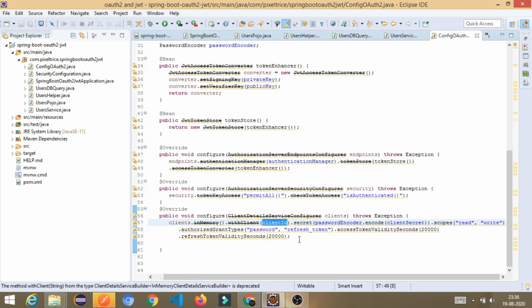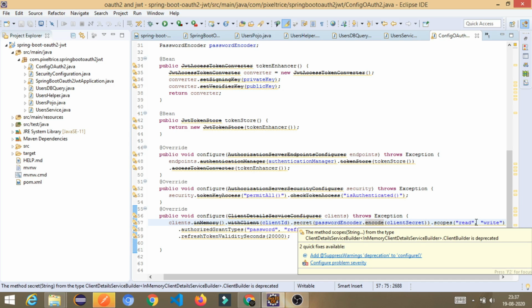All right, and I'm setting the secret key, the client secret, as this. Once the token is generated, I am giving authorization to my client, the person who wants to access the API. I am giving read and write, not delete.